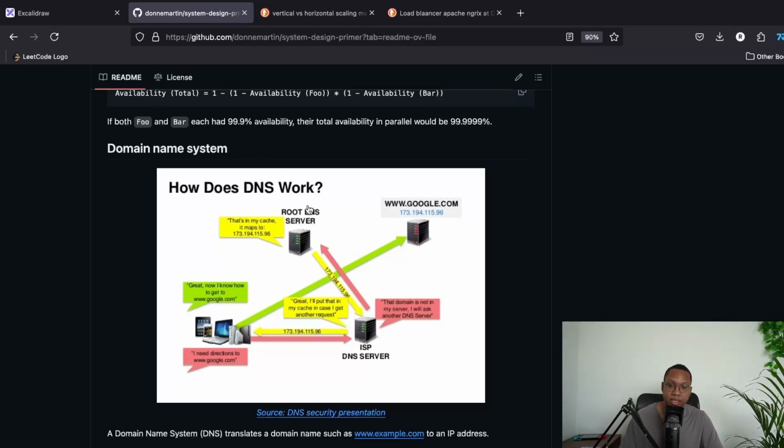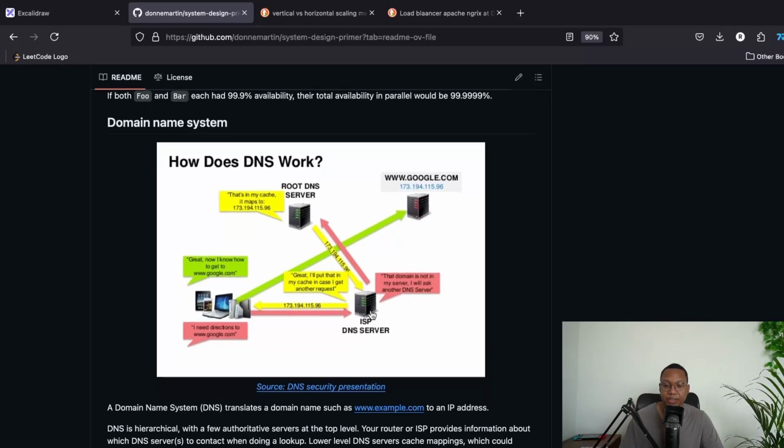But the idea behind this is that he has this pretty well in the mapping, right? So where does it start? Here I need directions to google.com. So you say, okay, google.com, you ask an ISP, your internet service provider's DNS servers, that checks the root DNS server, which I don't even know where that's located, but the internet machine. And then it says, oh, hey, yeah, I know where Google is. It's here. And then it talks back, and then it gets you Google's server that's running on this IP address,